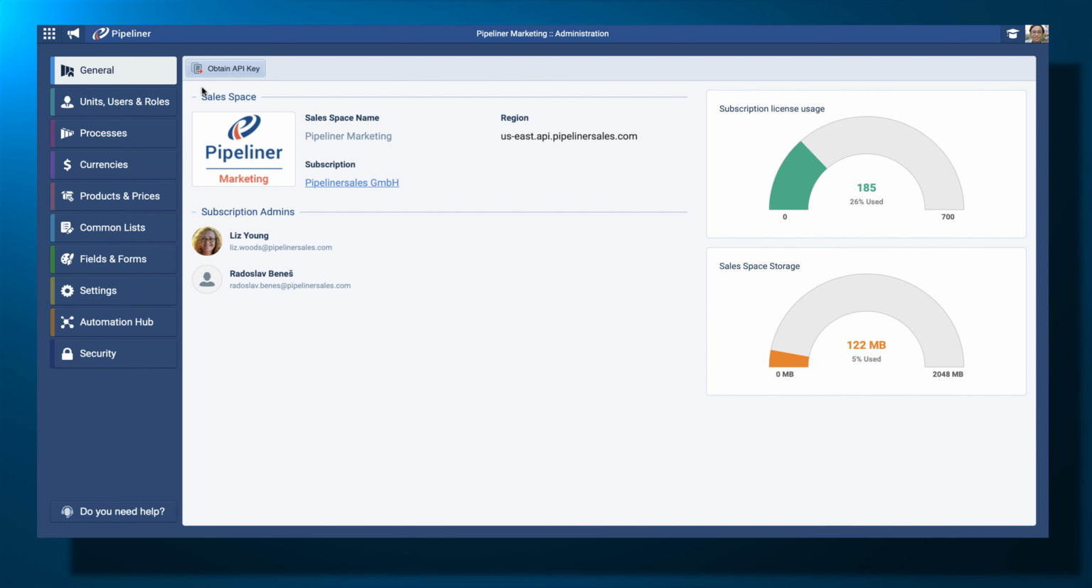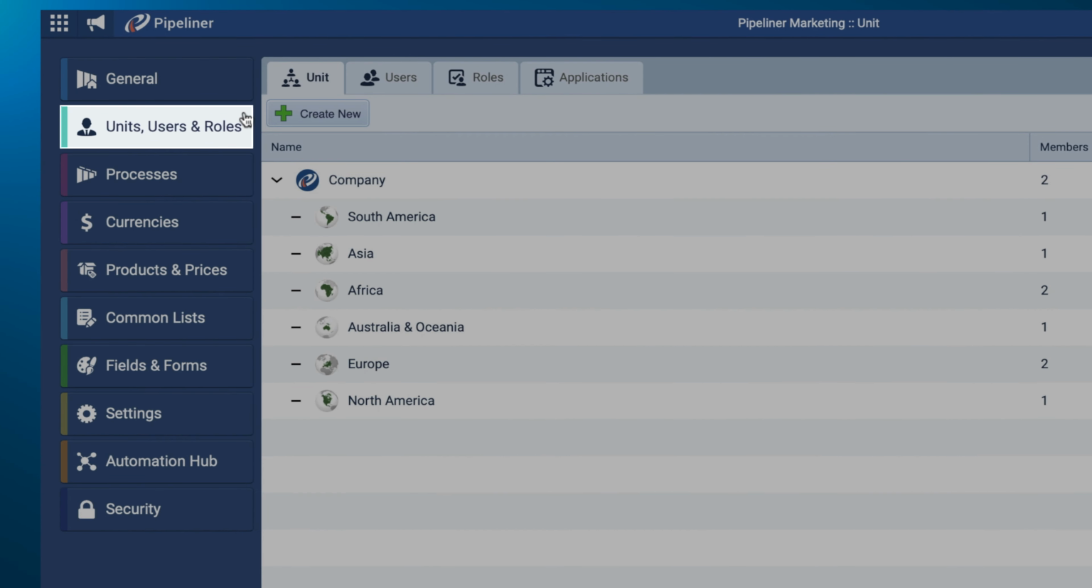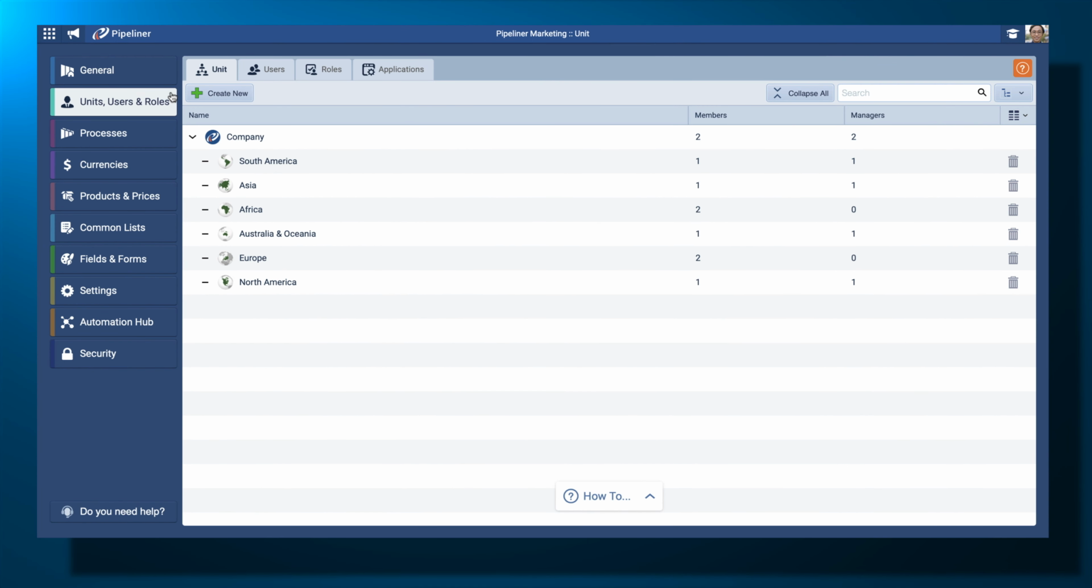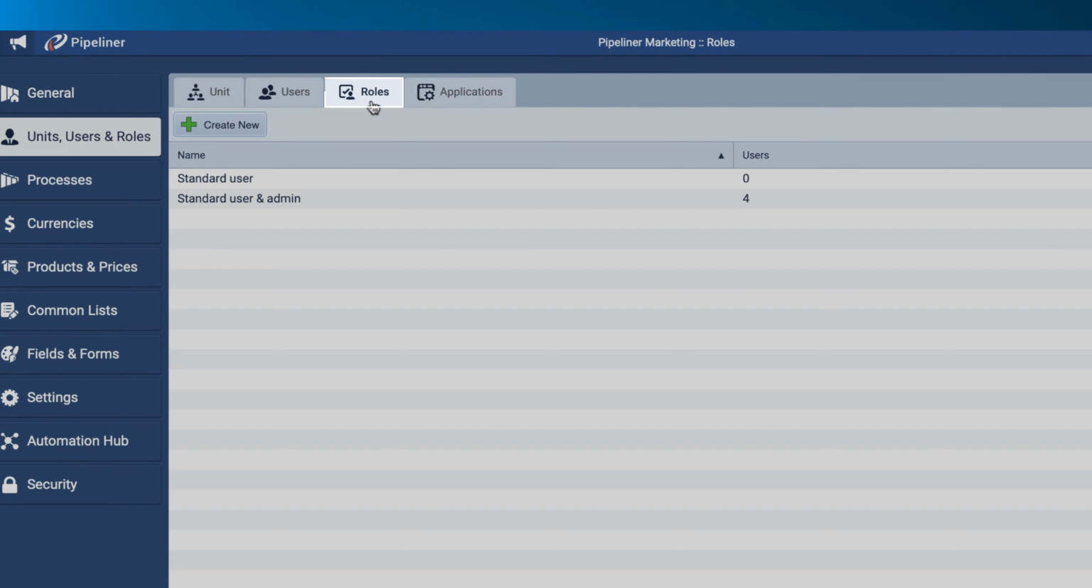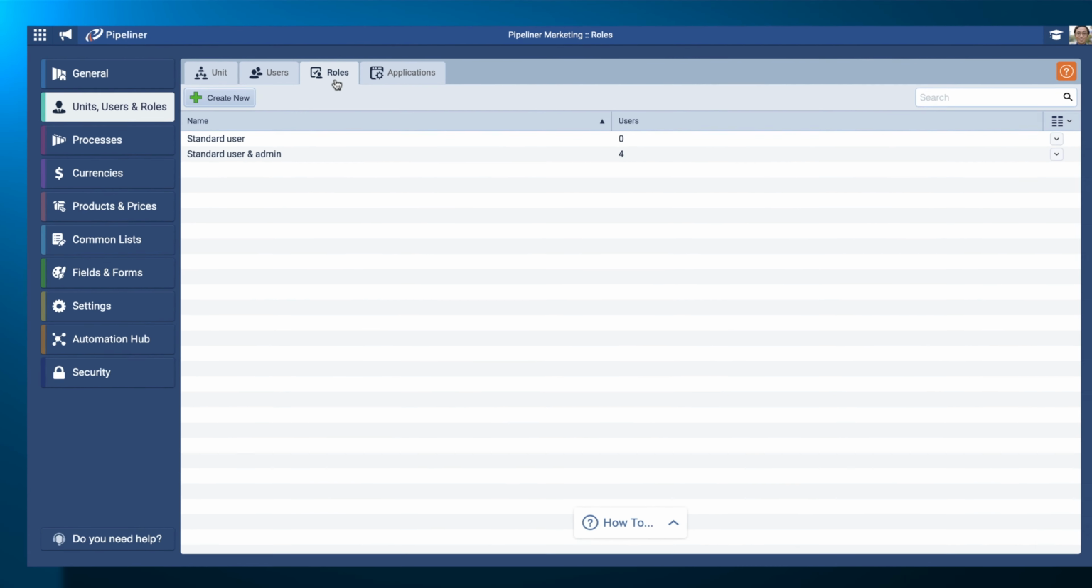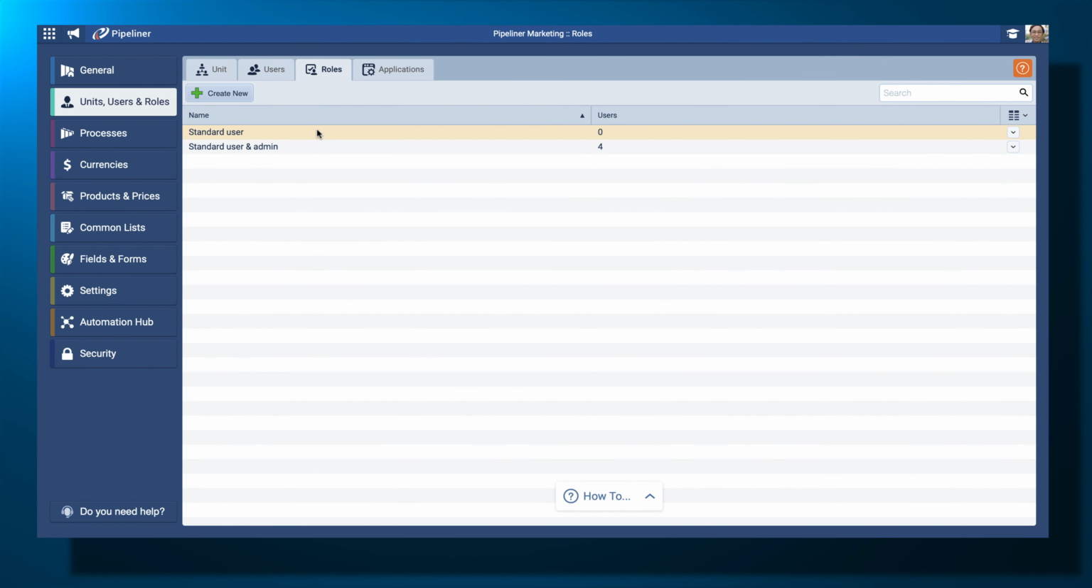Let's talk about user roles. On the left-hand side of the admin module, click on Units, Users, and Roles. On the top, you can see 3 tabs. Click on Roles. In Pipeliner, we give you 2 types of default roles, a standard user and a standard user